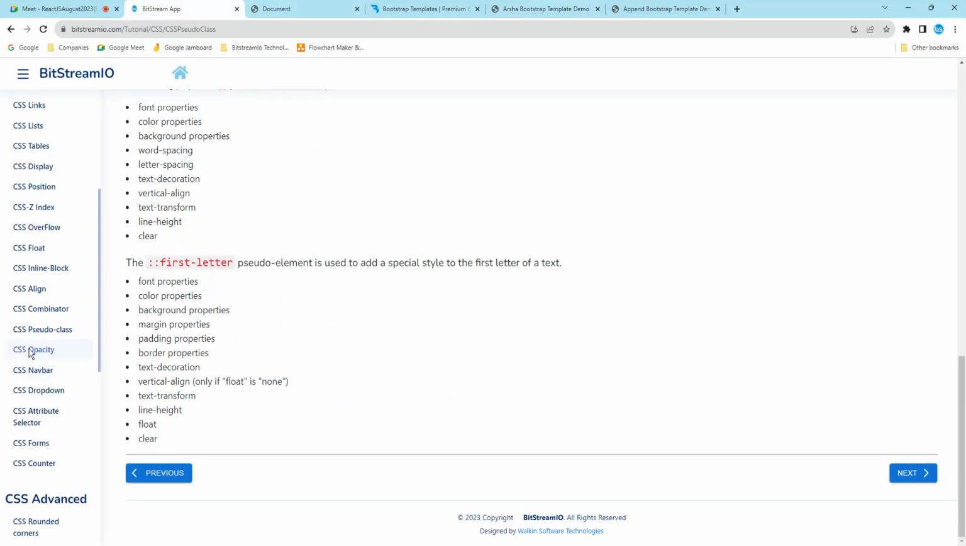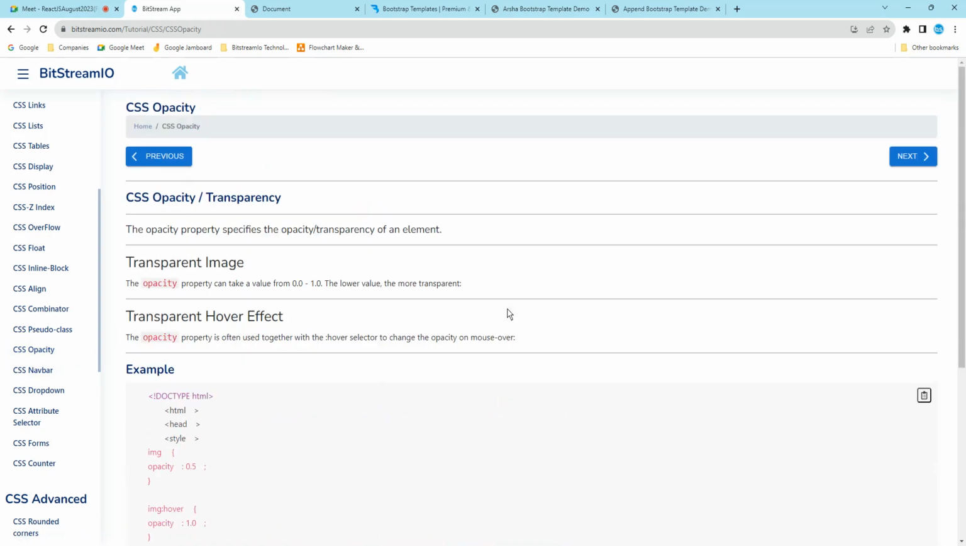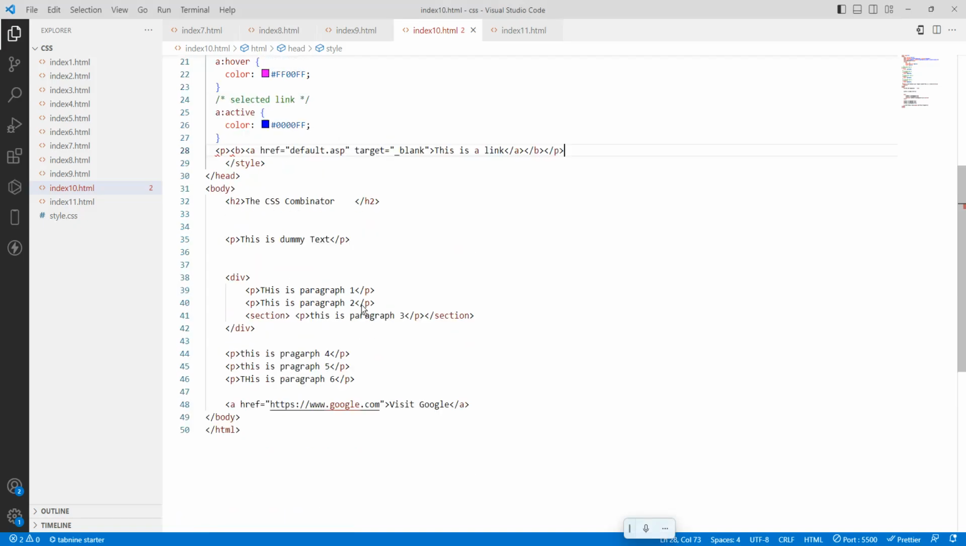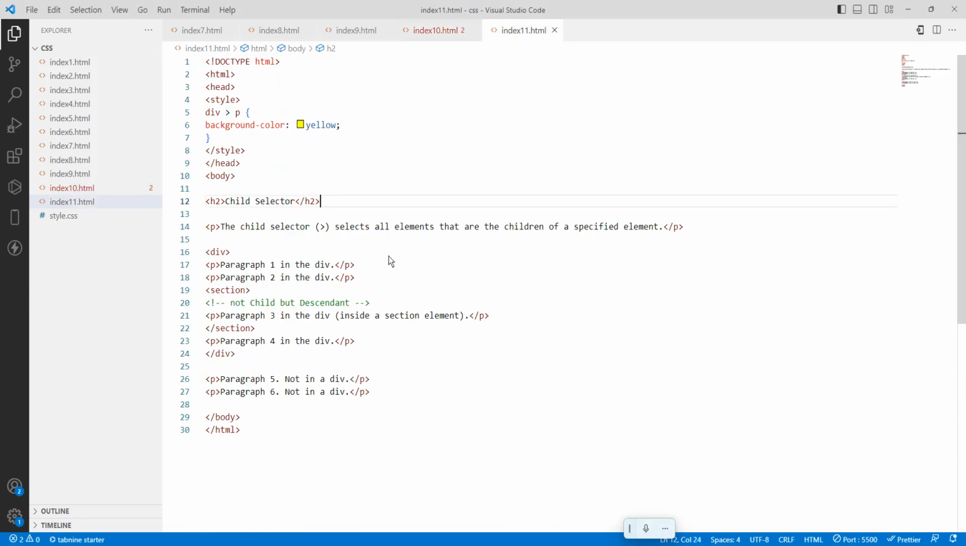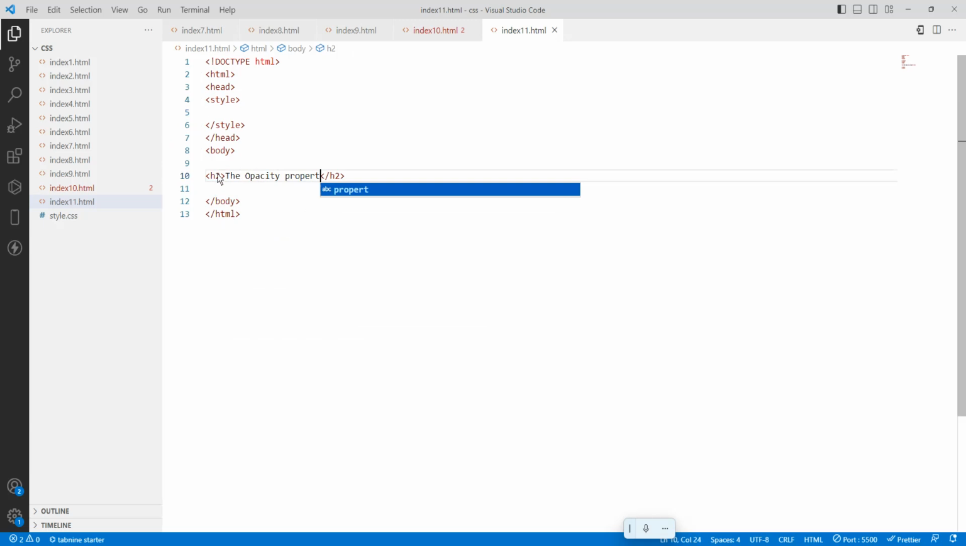The last one is we are going to discuss opacity. What is opacity? Let me take a simple example, 11.html. I will remove all the steps, and I will remove the CSS step as well. I want to take an h2, the opacity properties,